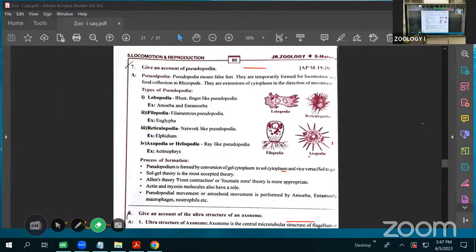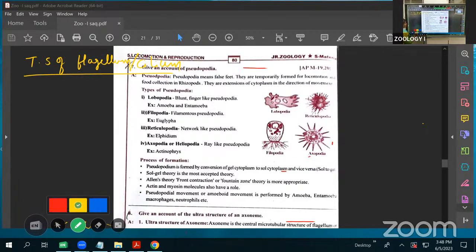Next, one more diagram is there. That is the TS of the flagellum or the cilium. Actually, the flagellum and the cilium both have the kinetosome present on the inner side. That kinetosome is equal in both. How it is there, see,